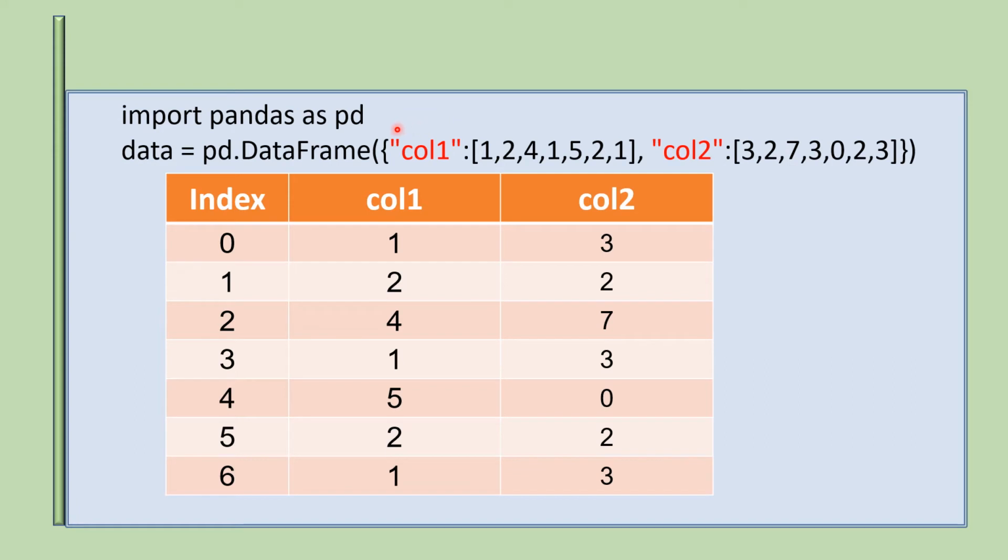Over here, post calling pandas, we have curated a dataset on our own. There are just two columns where we have put in some integers. If you notice, index 0, row wise I'm talking about, index 0, 3 and 6 are exactly the same. Also 1 and 5 are exactly the same. So these are the rows which have duplicate values.